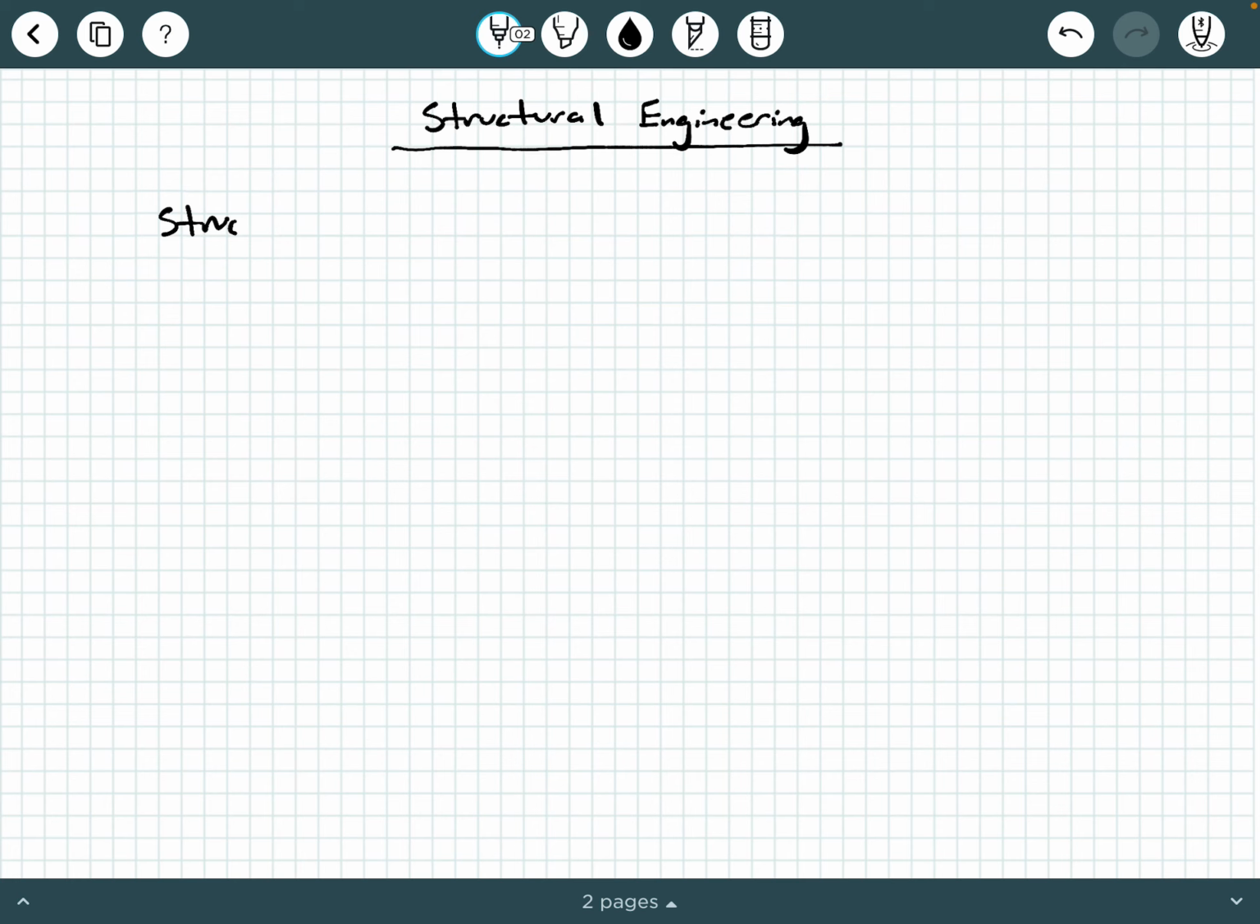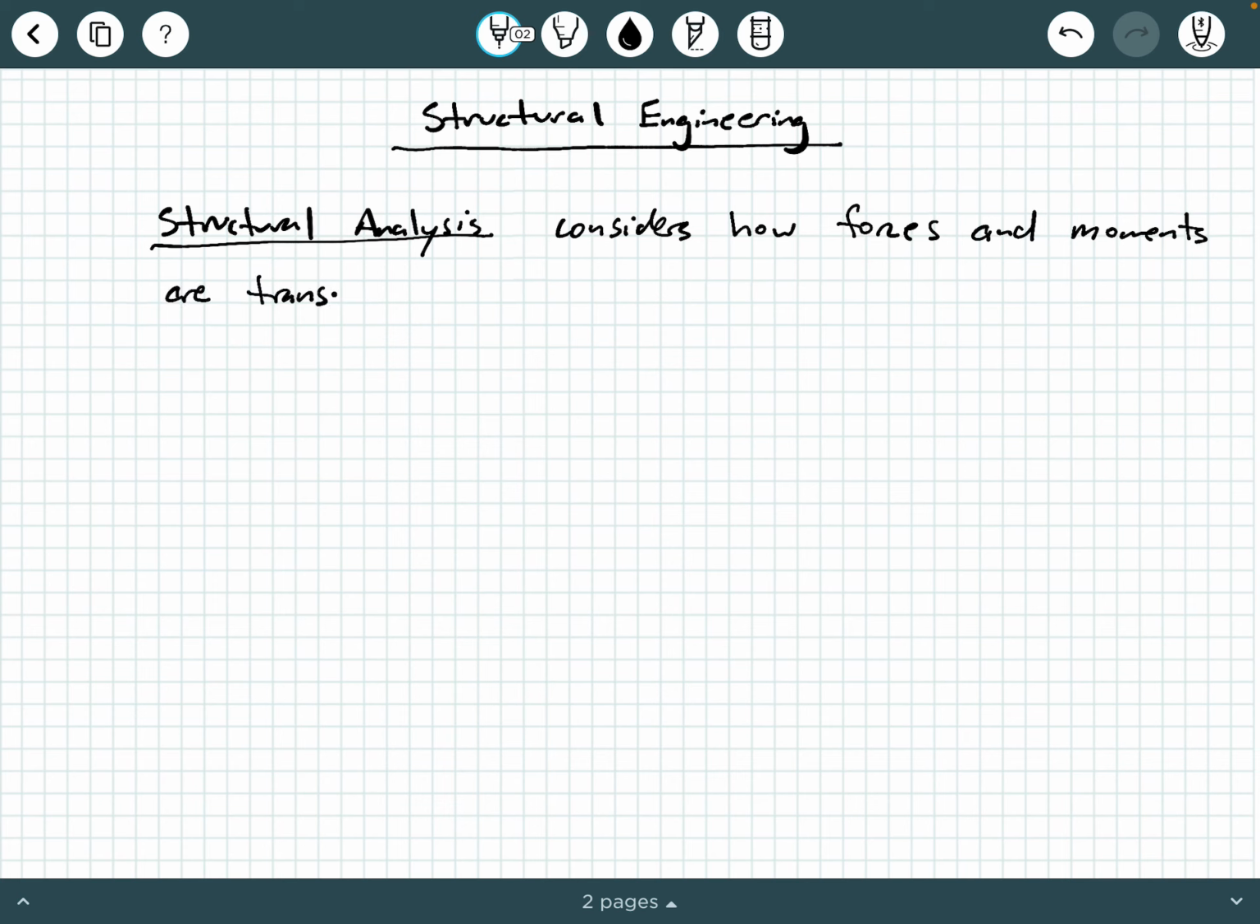So structural analysis considers how forces and moments are transmitted through structural members. So whenever you have a structural system, maybe it's a truss, maybe it's a beam, a frame, that is